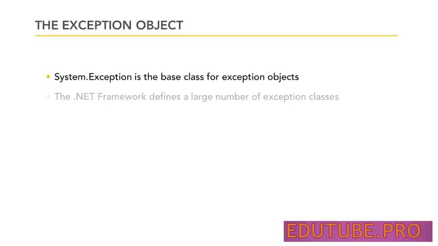Exceptions are in fact objects, and the exception object is defined and derived from System.Exception. That is the base class for all the exception objects in .NET. And the .NET Framework actually defines a pretty large number of exception classes. For proof of that, let's quickly jump over to the MSDN website and you can see what I'm